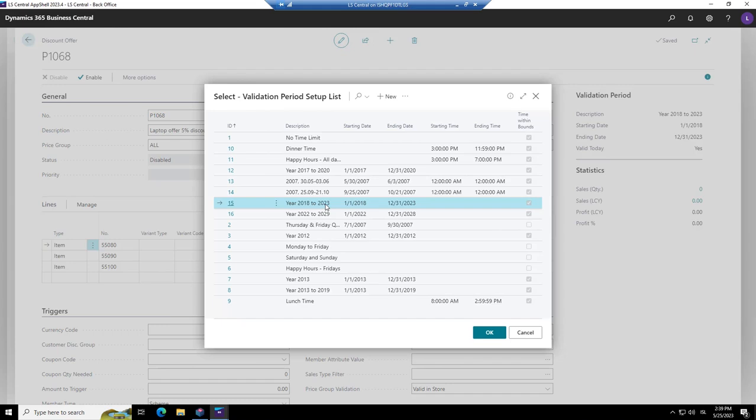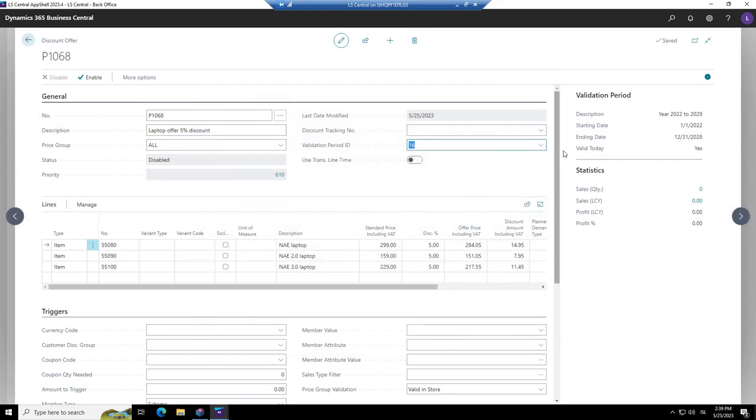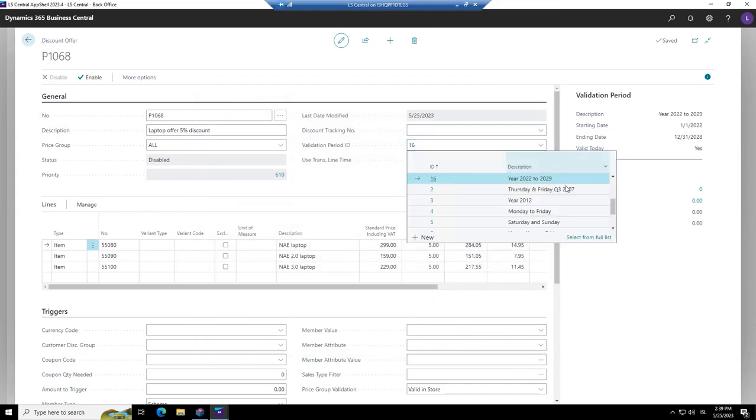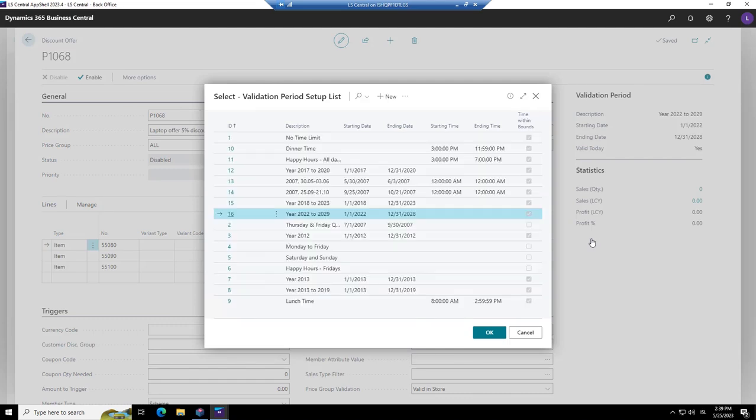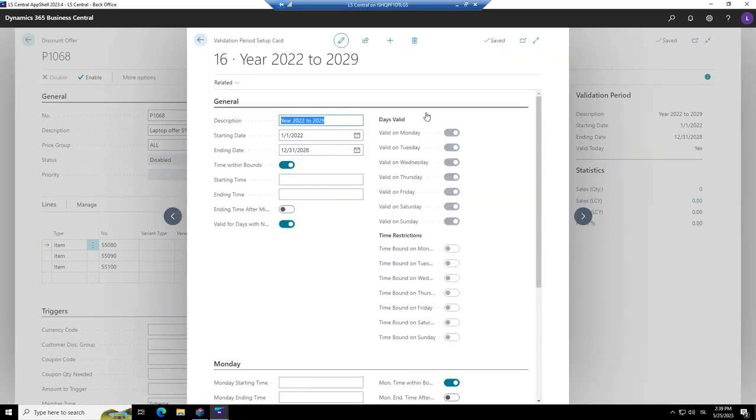If you're doing this course later, you should change it to this one here. We can do that now. So the offer will be valid to end of year 2029. So if you go here and we go into what's behind it, go to the assist button, manage and edit. So here you see the starting date and the ending date of the offer. And the date that is compared with is always the date of the machine you're working on.